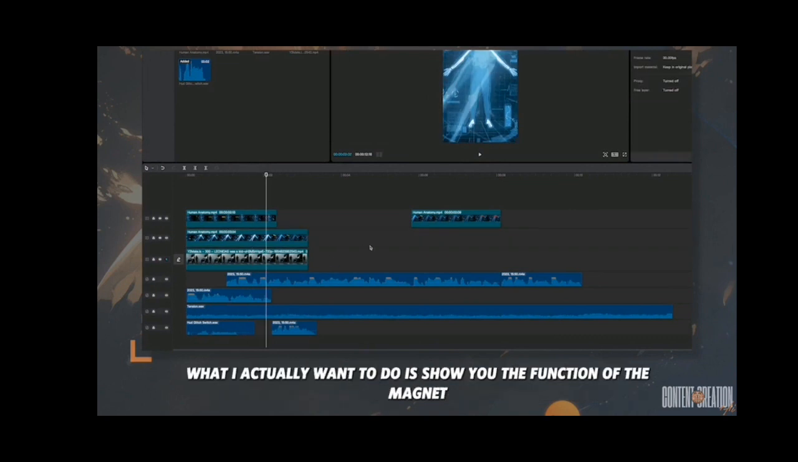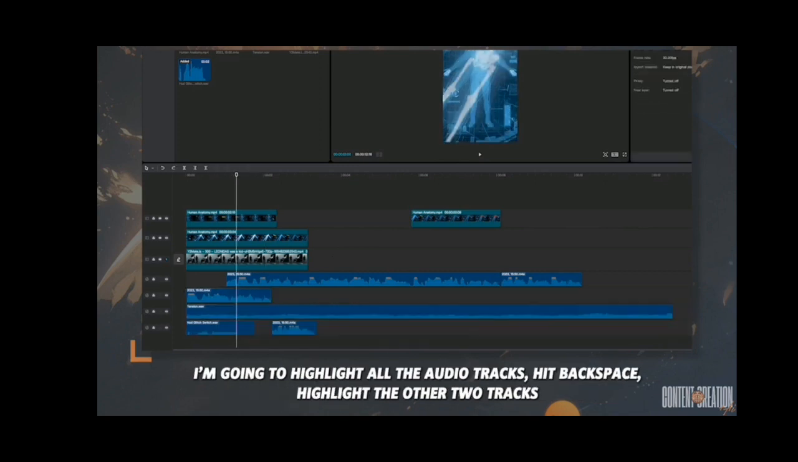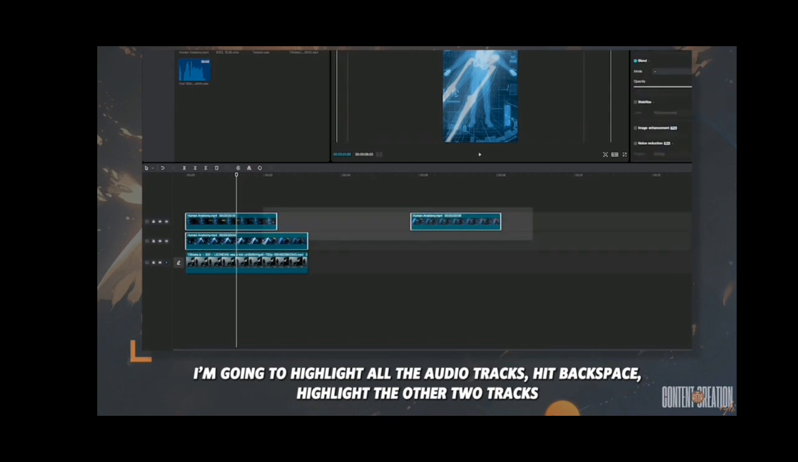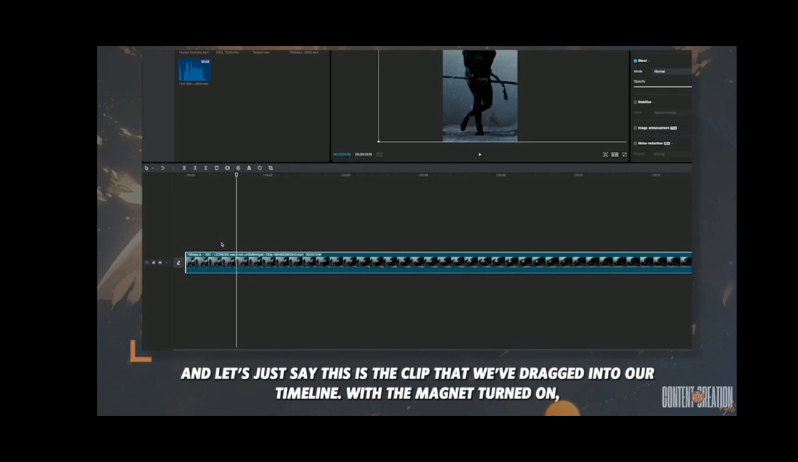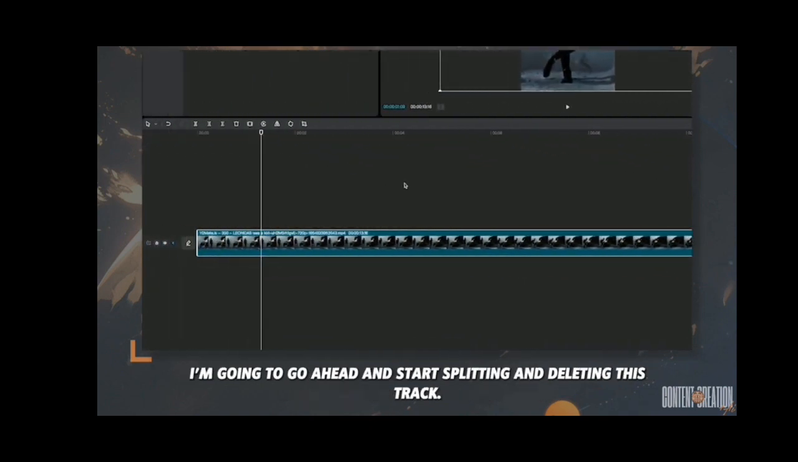Now ignore the timeline. What I actually want to do is show you the function of the magnet, and the best way for me to do this is remove everything. I'm going to highlight all the audio tracks, hit backspace, highlight the other 2 tracks I've got above, hit backspace, and let's just say this is the clip that we've dragged into our timeline. With the magnet turned on, I'm going to go ahead and start splitting and deleting this track,